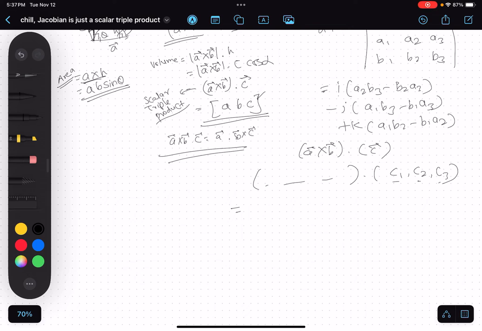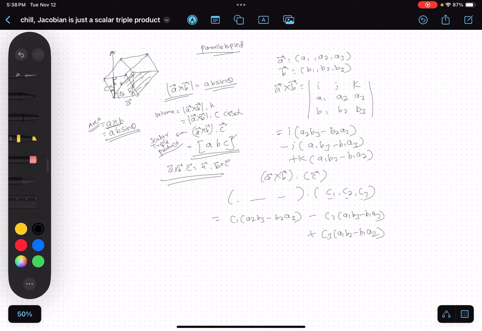So that will be c1 times (a2 b3 minus b2 a3) minus c2 times (a1 b3 minus b1 a3) plus c3 times (a1 b2 minus b1 a2). To write this as a determinant, you just substitute i, j, k by c1, c2, c3. That's obvious. So this scalar triple product equals the determinant with rows c1, c2, c3, a1, a2, a3,